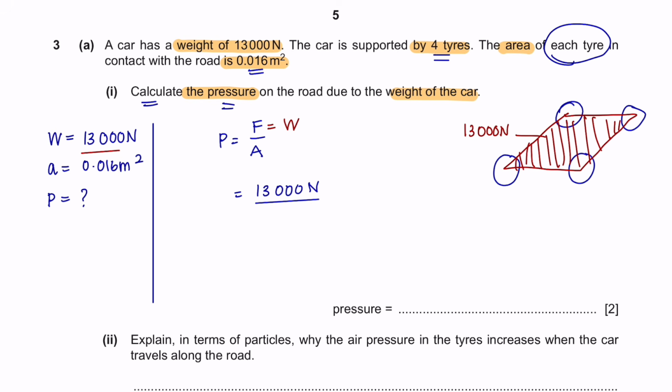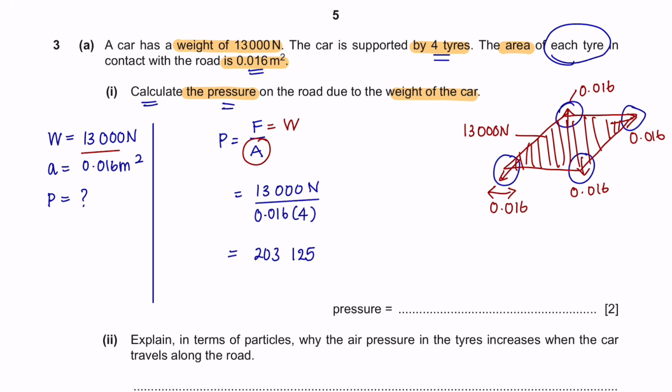Since there are 4 tires supporting the weight of the car, the weight or the force here will be equally distributed to each tire of the car. So the area here will not just be the area of one tire of the car, which is 0.016. It should be the area of all the 4 tires. That means 0.016 we will have to multiply by 4, giving you a value of